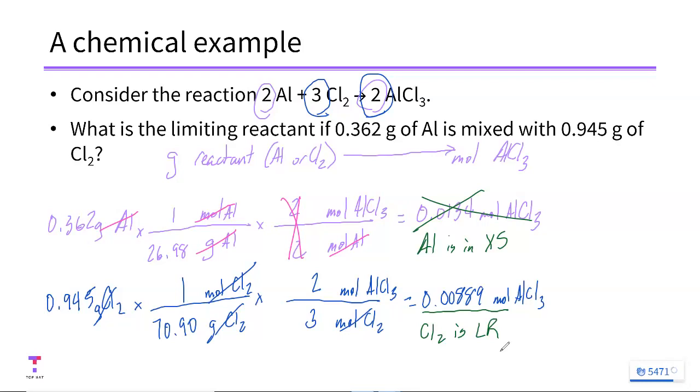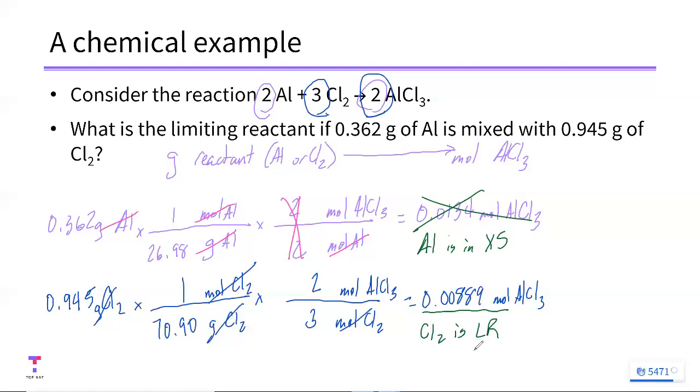Charles? Yes, you have to go by the lowest because once this amount has been made, there's no more chlorine to make any more. So we always have to go by the lowest when we do these kinds of problems. Now, in addition to this,